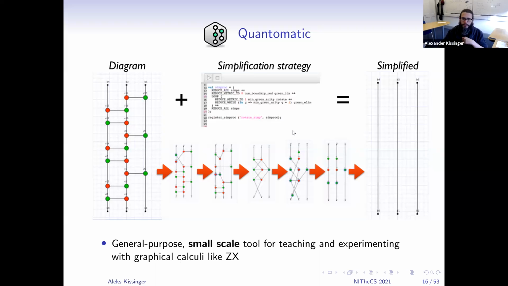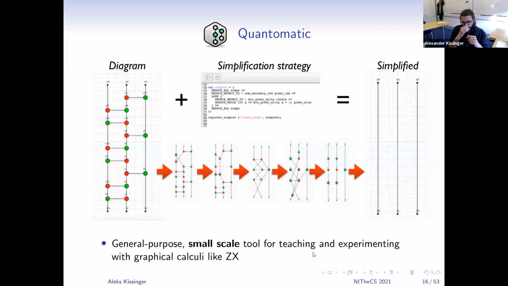And if you've ever worked with, for instance, an interactive theorem prover and tried to write tactics in something like Coq or Isabelle, this kind of stuff might look familiar to you. So you write some kind of simplification strategy in the strategy language, and then you apply it to graphs, and you can use it to do some simplification. So you can still get this tool, and it's quite fun to play with. But I would say it's a general purpose small scale tool, and we've used it mostly for teaching and experimenting